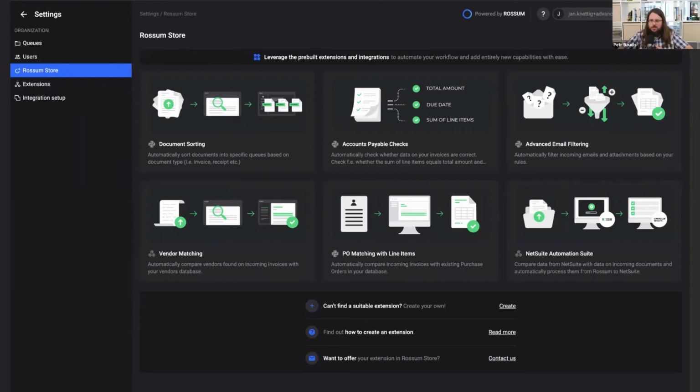We are launching an extension for advanced email filtering rules, so that you can specify which documents for sure are not relevant. It can be leaflets, contracts, maybe documents in incoming emails, incoming communication that are just not relevant for you. We are launching two extensions